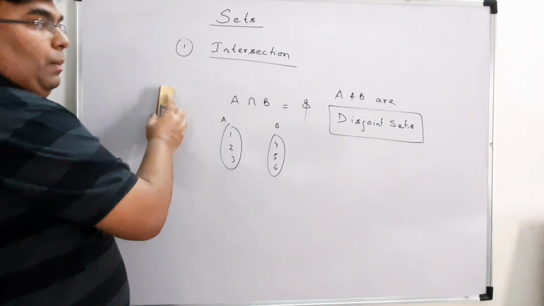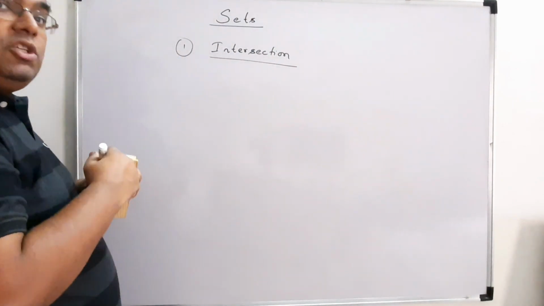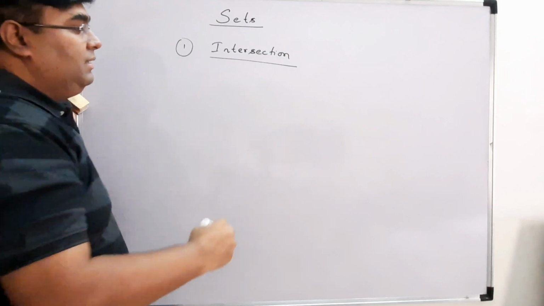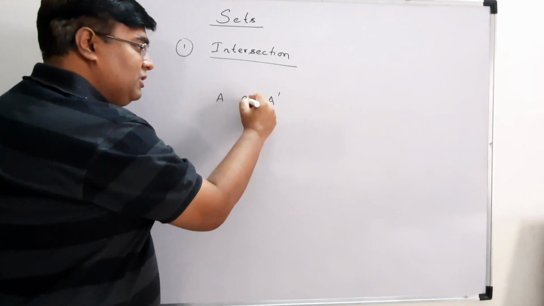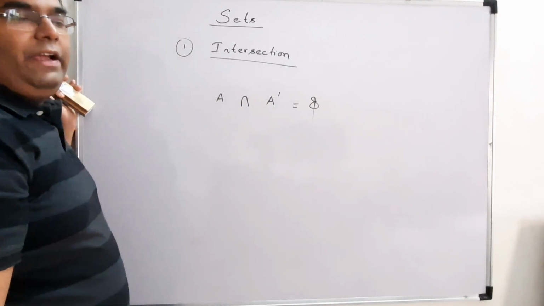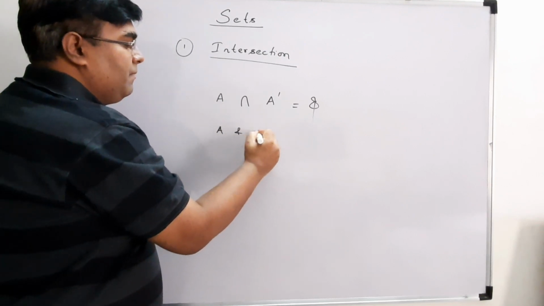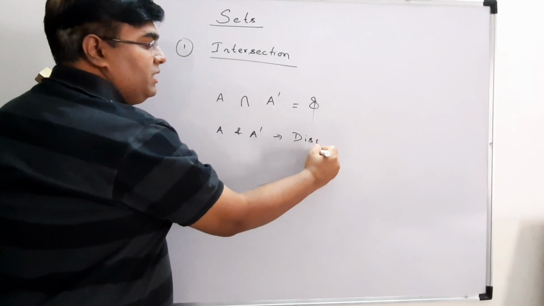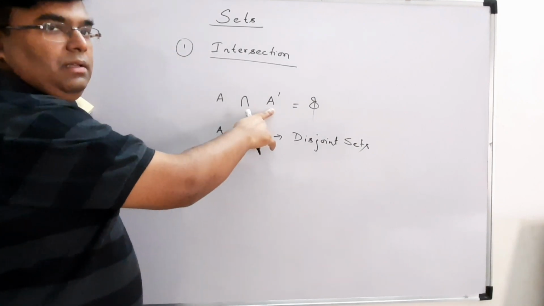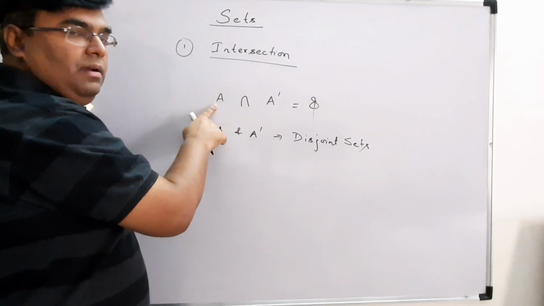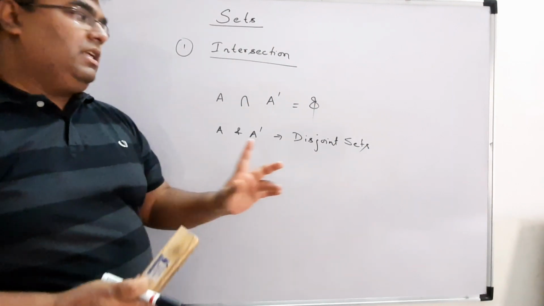We also know about complement sets. So if we take the intersection of complement sets, so disjoint sets, we can write that A and A complement. If you take the intersection of these two, you will always get phi. So we can say that A and A complement, they are what? Disjoint sets. Right? What is A complement? The elements which doesn't belong to A but it belongs to universal. Okay, so A and A dash are my disjoint sets.